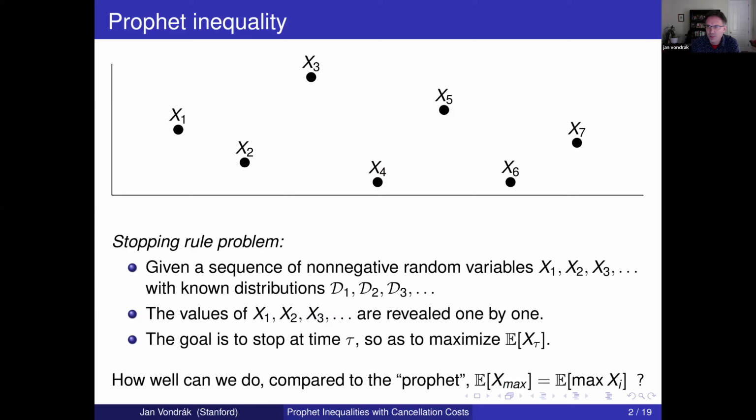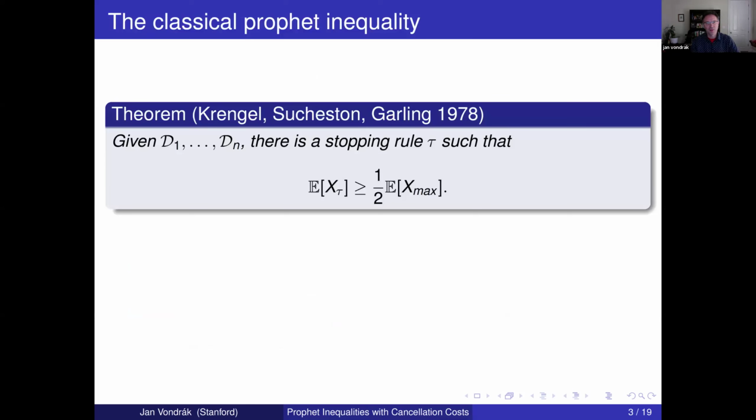The goal is to maximize the expectation of the variable that we select, and we want to compare to what the prophet would have selected, which is the maximum value among the n random variables. So we want to compare to the expectation of that. This is a very classical problem, which was solved in the 70s. The result is known as the prophet inequality, which says that there is a stopping rule such that you select a variable whose expected value is at least 1/2 of the expectation of the actual maximum. That's a beautiful result,